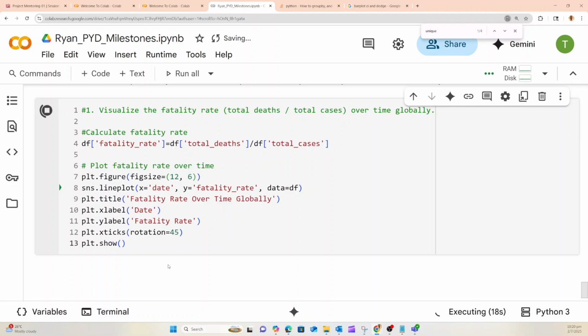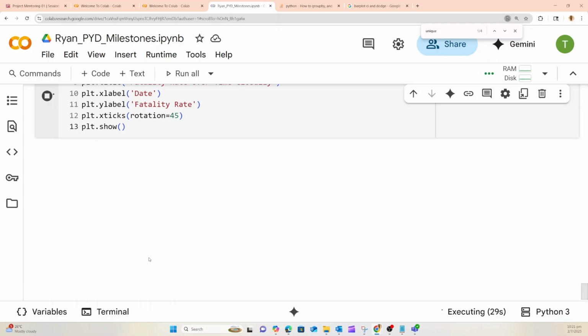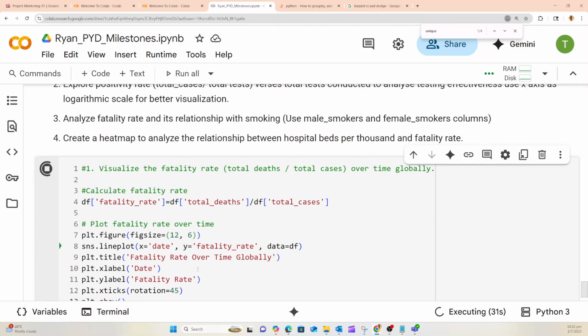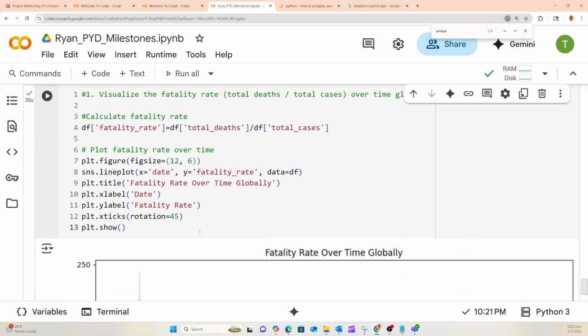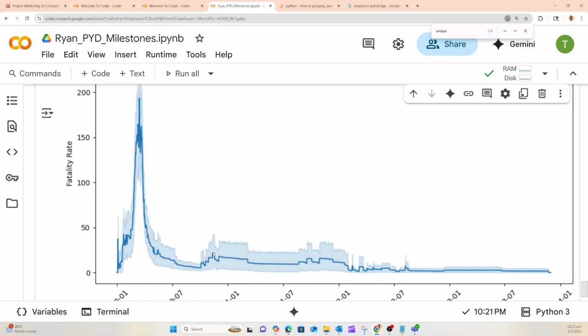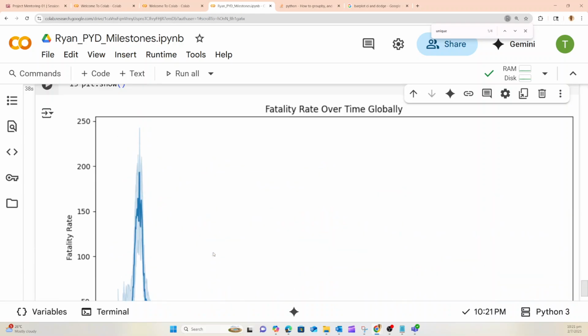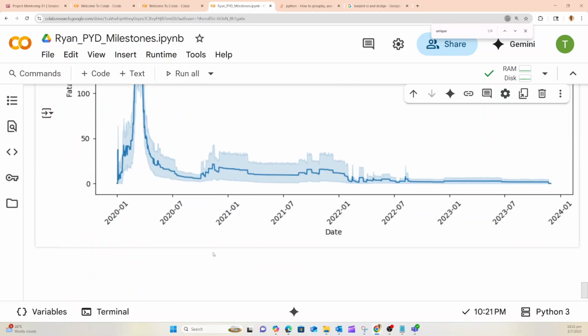Initially, in the early time, there is a high fatality rate. But after that, we became more familiar and knew how to treat, and then the fatality rate became lower. This is the chart.